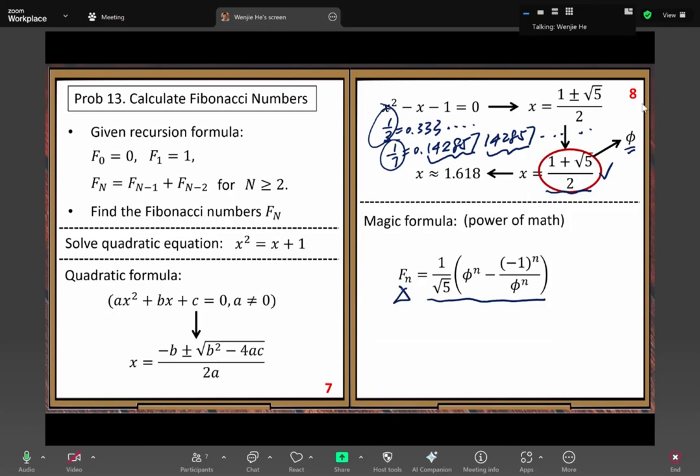But the right-hand side expression has the reciprocal of root 5, so that will make the whole expression hard to get integers. Inside the parentheses, you use an irrational number phi and raise phi to the nth power, very hard to control. Then you modify it by subtracting a reciprocal something.